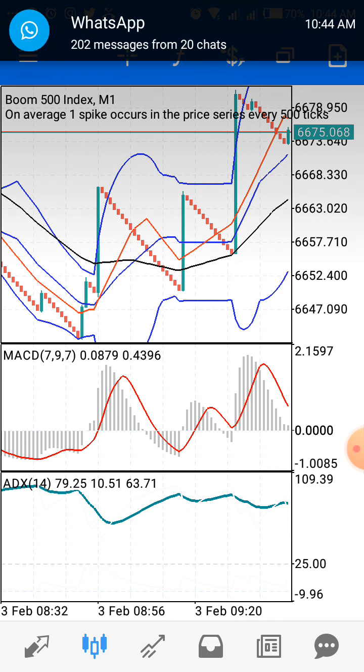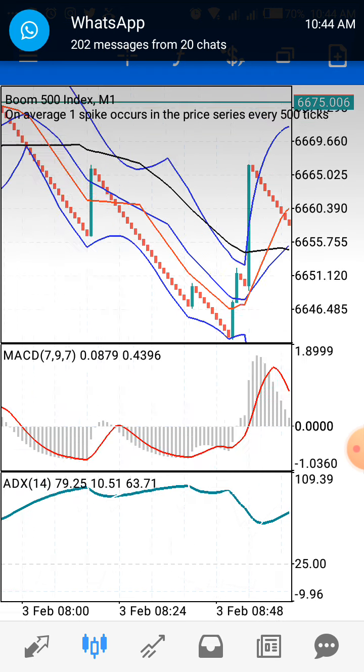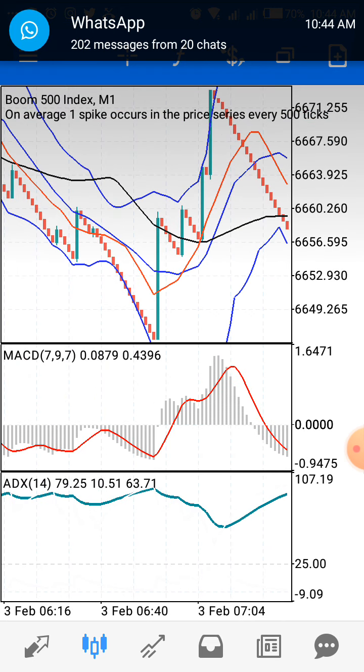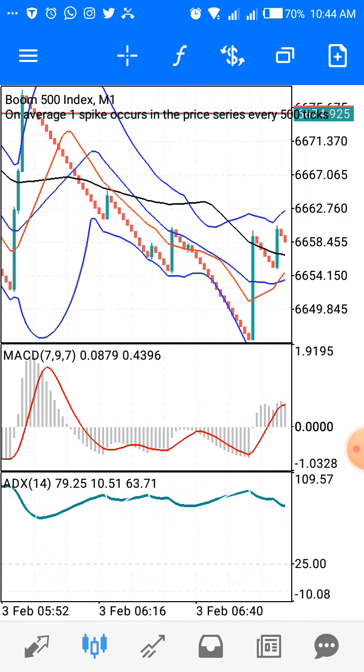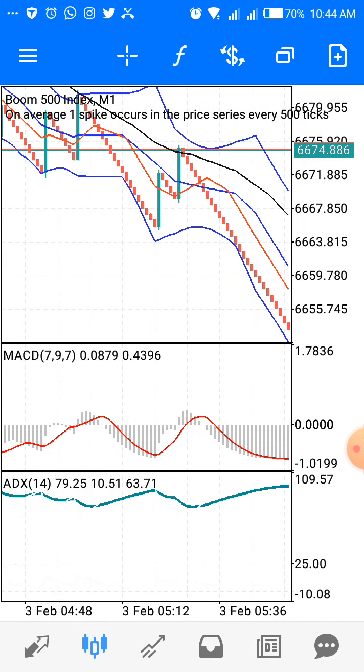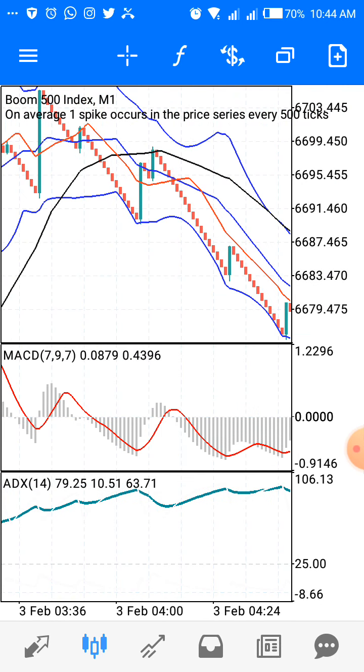Okay, that is that for Boom and Crash 500, how to use the IBC strategy to make your money. So please don't be selfish, don't be greedy, just use your 0.2. Okay, let me give us a diagram of how we can use 0.2 to make $2 a day. It's very possible. So if you enter 0.2,